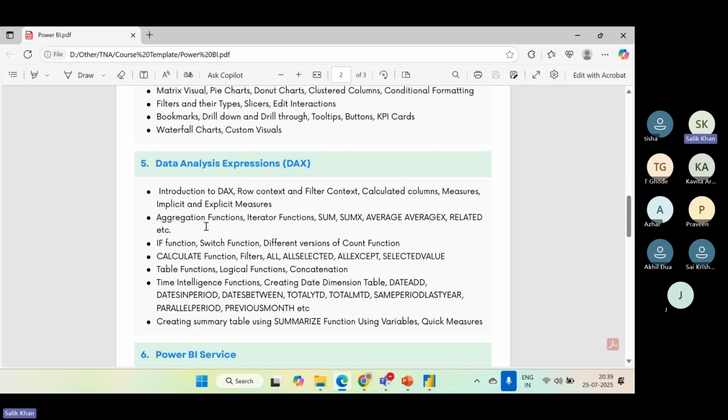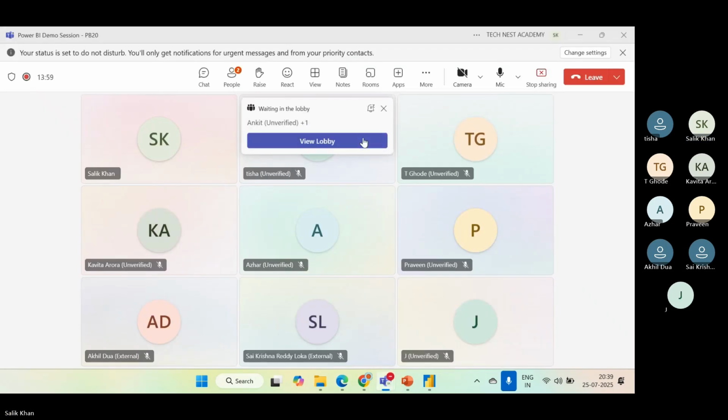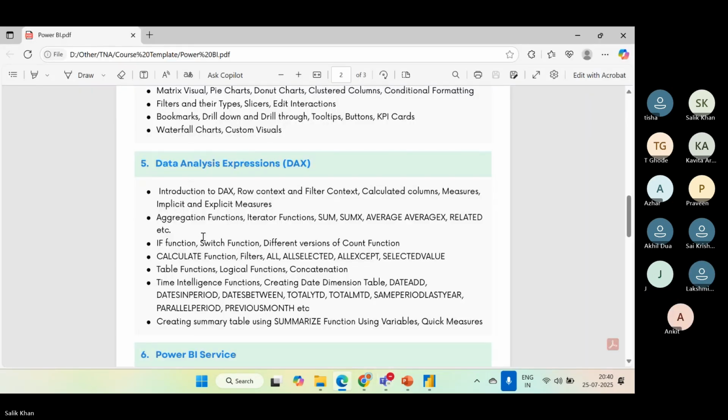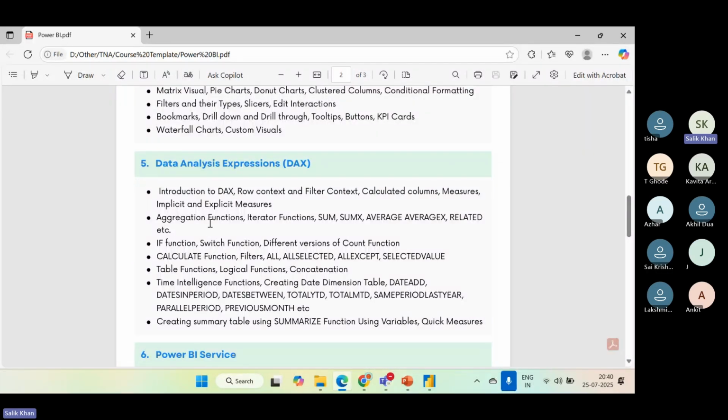Then next, we will create calculated columns and measures, and we will clarify the difference between implicit and explicit measures. And we will then explore key DAX functions, including the aggregate functions,